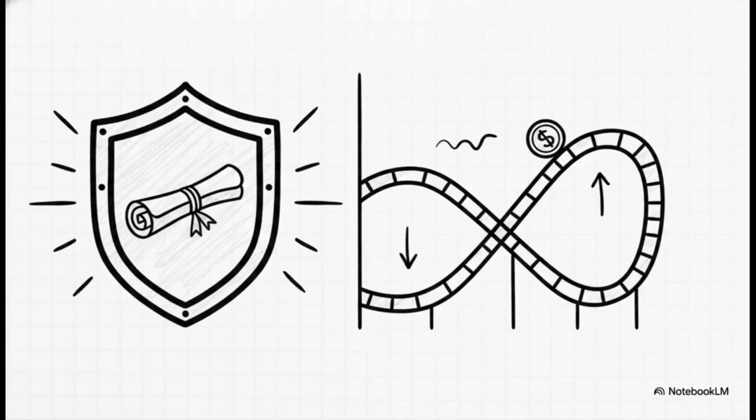Now listen closely, because here is the single biggest misconception out there. Low credit risk does not mean zero investment risk. Let me repeat that. It doesn't mean zero risk. Yes, the government backing practically guarantees that if you hold the bond until its exact maturity date, you are absolutely going to get your principal and your promised interest. But these securities are highly tradable in the secondary market. If you suddenly need to sell your bond before it matures, the market price on that particular day might be higher or lower than what you originally paid for it. The payout at maturity is guaranteed. The daily market price is absolutely not.